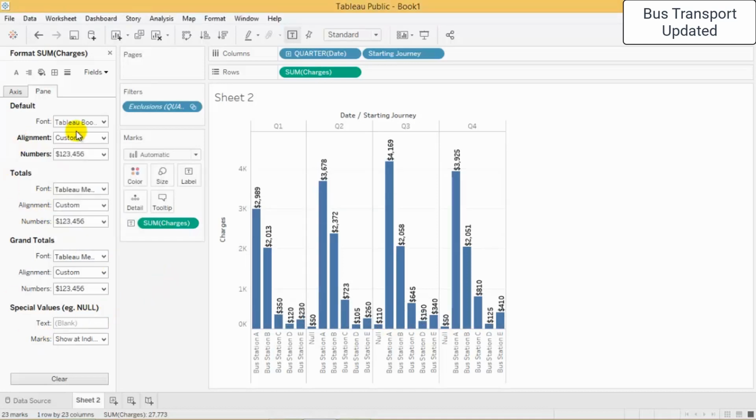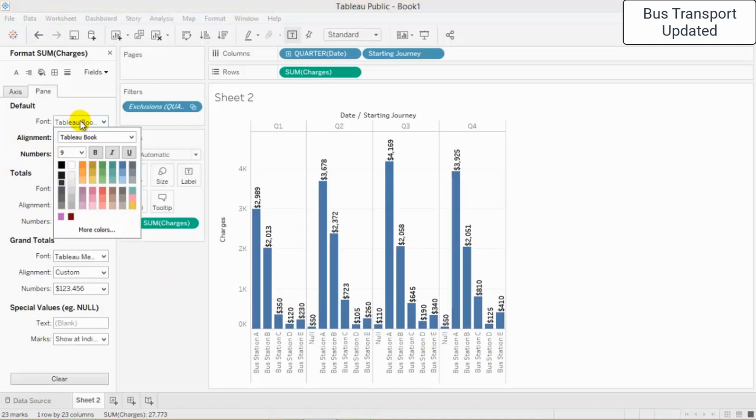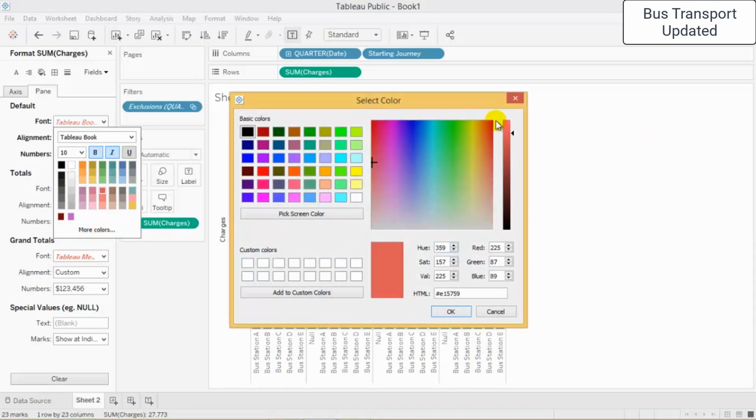Okay, apart from this we can also change the color and font. So let's change this font to 10. So let's look good. We can make it bold, and we can have this thing into this portion, and we can just highlight using the colors as well. Okay, let's change it to red color, right? Or yellow. No, yellow will be, we need some dark colors, right? And if we select more colors, we can have dark reds as well,